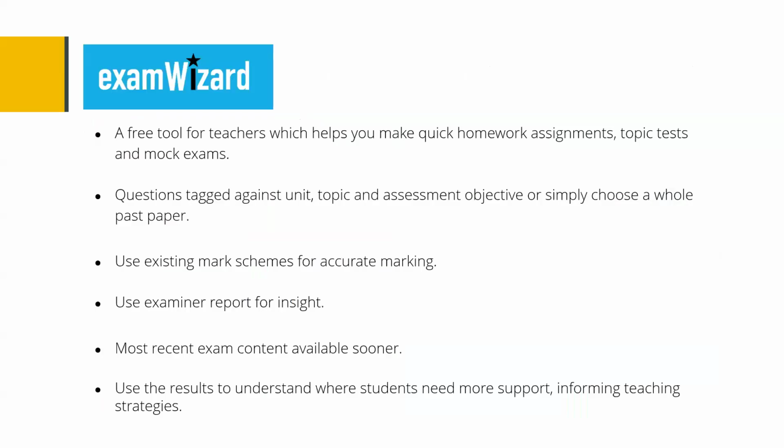Exam Wizard is always good, but it utilizes the past papers. Again, you might choose the international A-level here, but you might also choose the A-level and take some questions from the A-level that students won't be used to or won't have access to, because they always look for the international A-level. And then you can pull some of those questions and use them as a part of the homework, or a part of those AO4 kind of questions that we talked about earlier on.